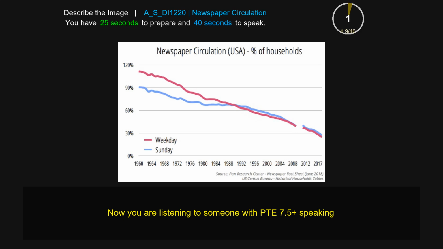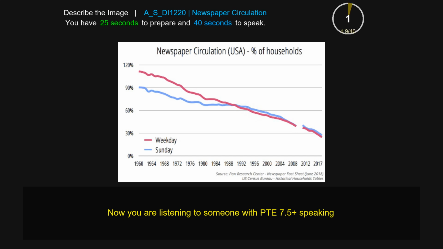The image shows the newspaper circulation in the USA as a percentage of household from 1960 to 2017. Both weekday and Sunday newspaper circulation show a steady decline over the years. In 1960, more than 100% of households received newspaper on weekdays and about 90% on Sundays. After that, the numbers kept dropping, especially after 2000. By 2017, the circulation for both weekdays and Sundays fell below 30%. Overall, the chart shows a